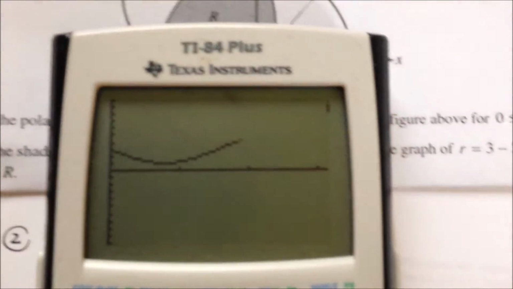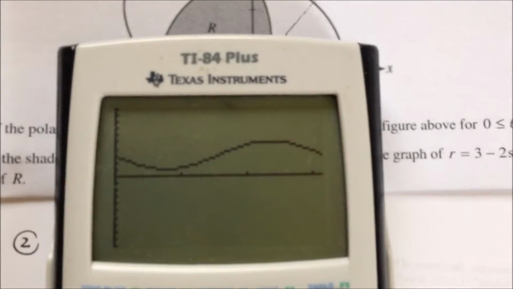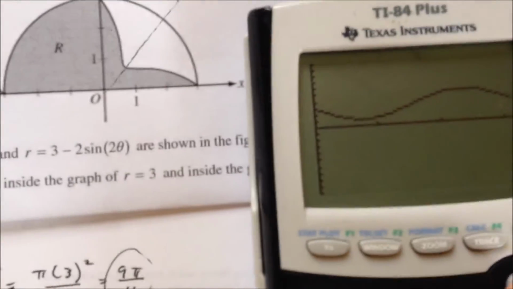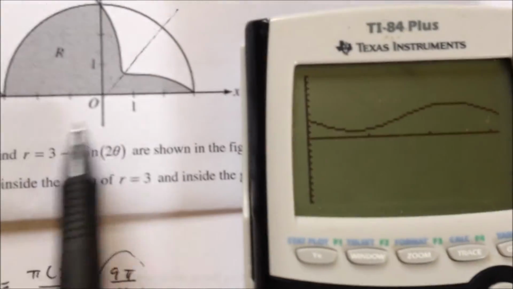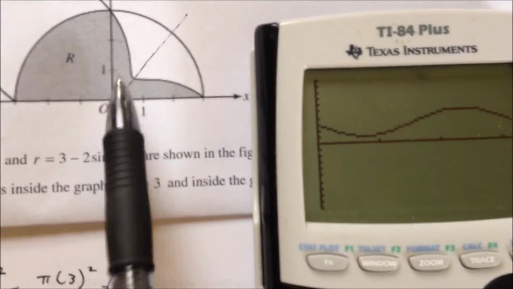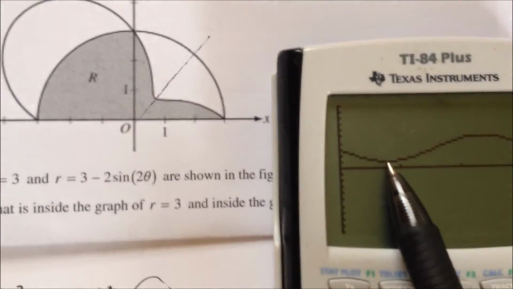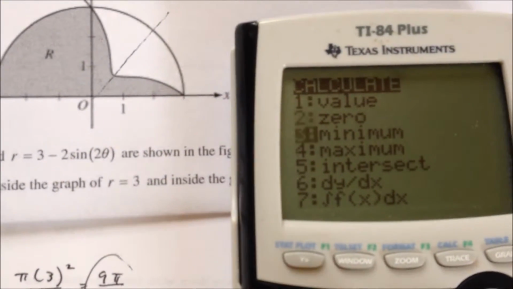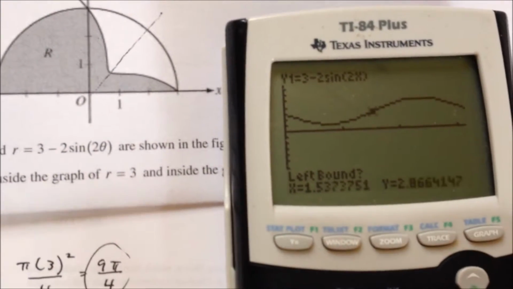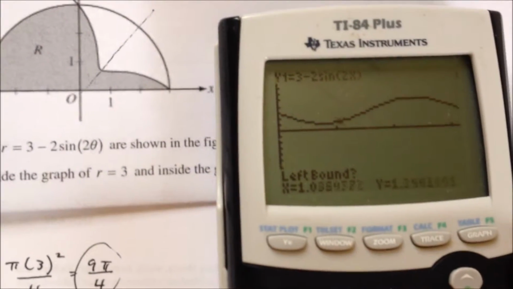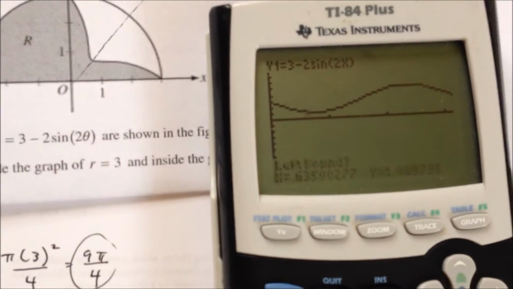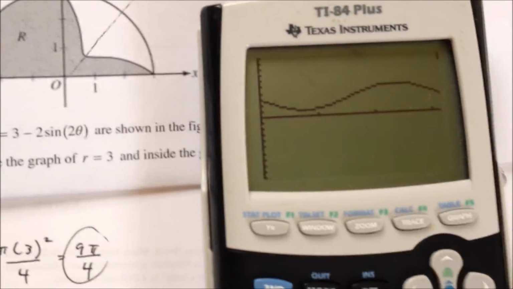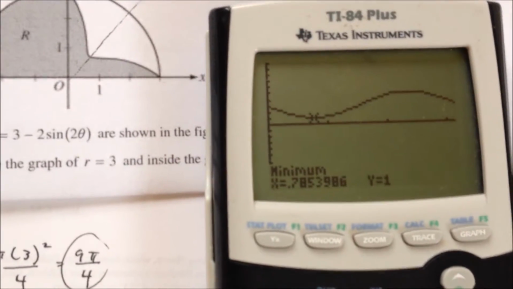So I'm going to graph it on function, and I already set the interval of x from 0 to pi because that's the interval they give you here. And we can see from the side-by-side comparison of this graph that this theta that I want to find is going to be the minimum of my graph. So I can calculate my minimum, going left bound of my minimum, and then right bound of my minimum, then guess, and then it tells you that my minimum is at x equals